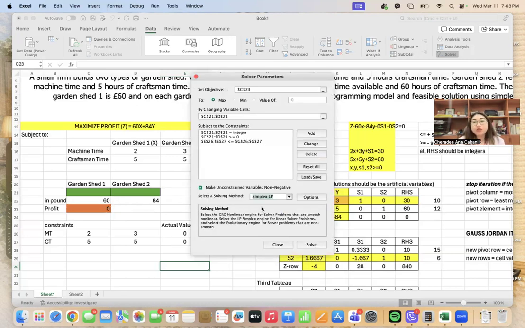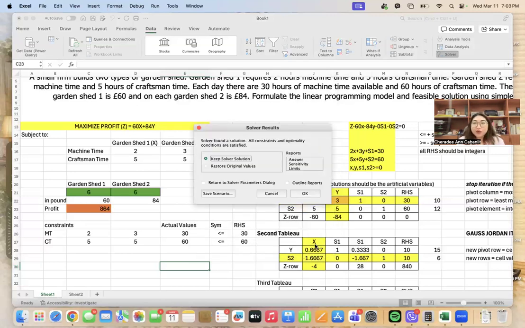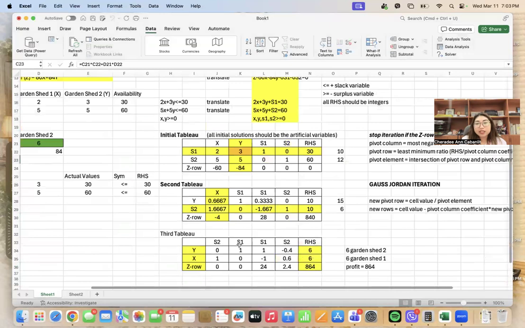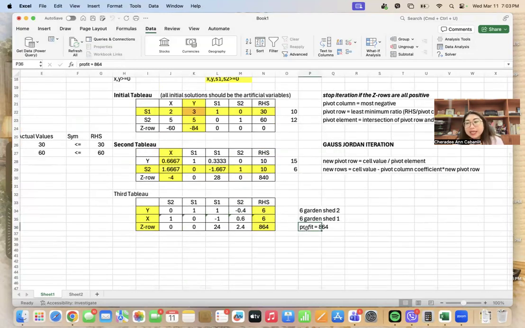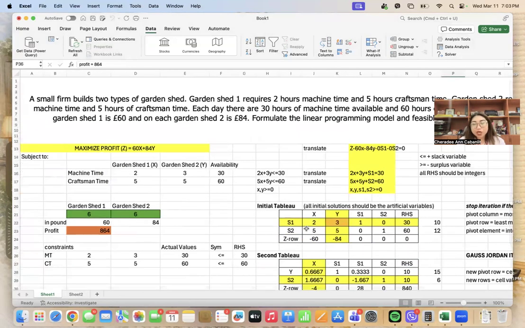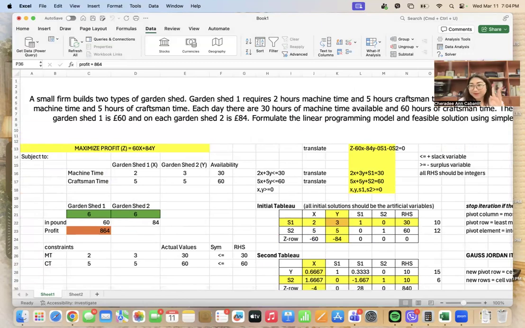Then please change this to simplex LP and then solve. So if there's no error, meaning to say you have computed it well, therefore, the answer is 6, 6, and 864, which is actually the same with our answer in simplex method. Okay? So that's for our answer in number 1. I will make another video for number 2. Bye!